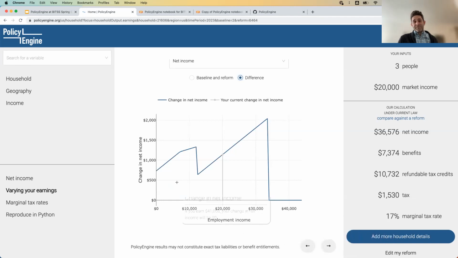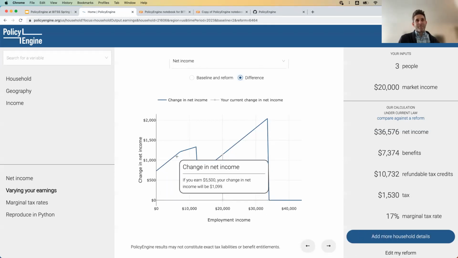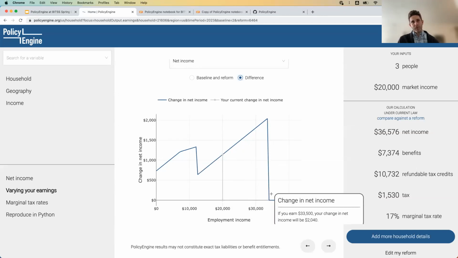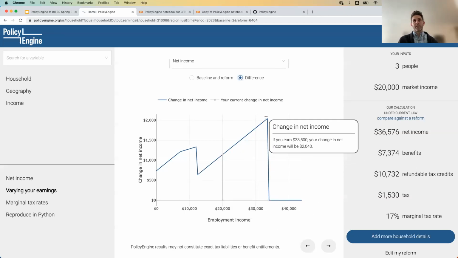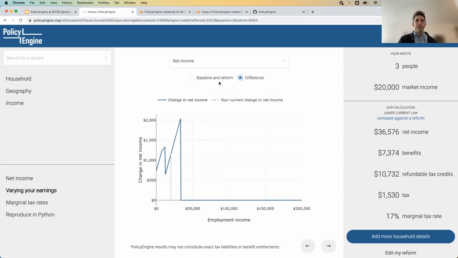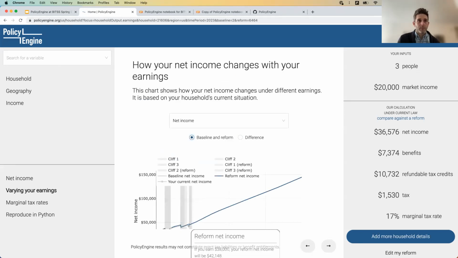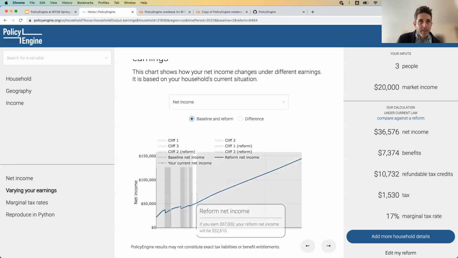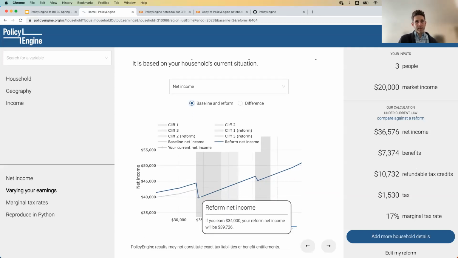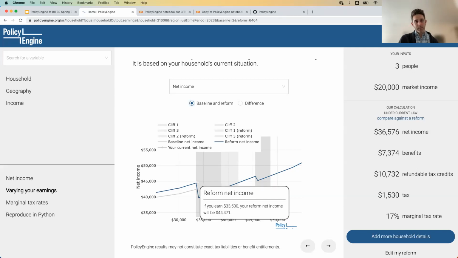So again, kind of a funky chart, because of the interaction between TANF and SNAP, and also there is a cliff again, so it actually seems to amplify that cliff, which I think if we zoom in, we might be able to see. Yeah, so here's the SNAP cliff. It's falling to the same level because after the cliff, they get 0 SNAP, but before they lose it, they actually get a larger value from SNAP. Okay.